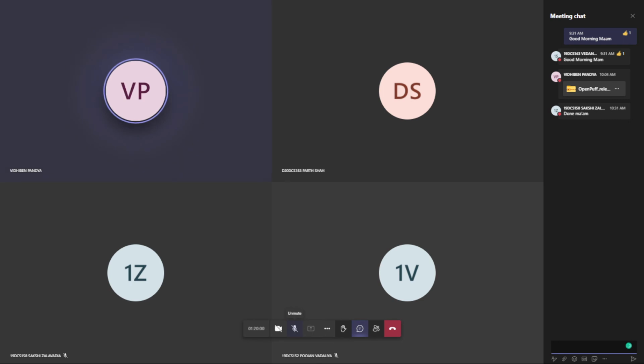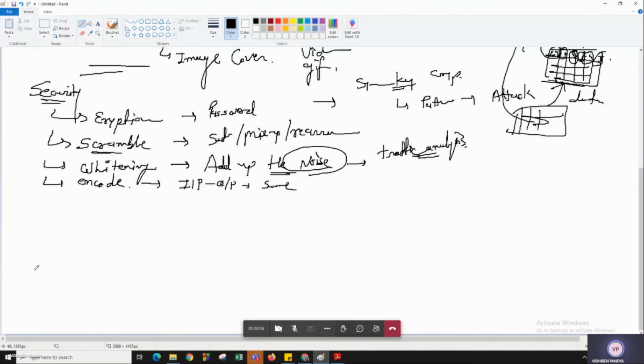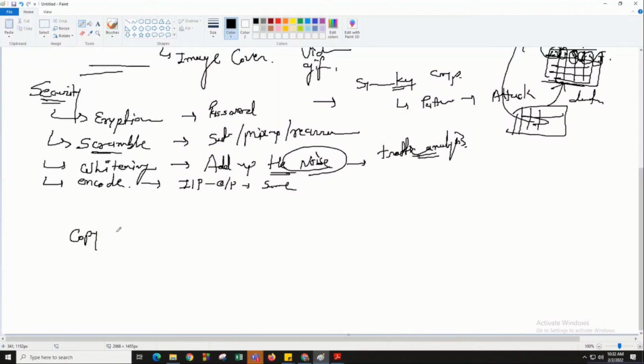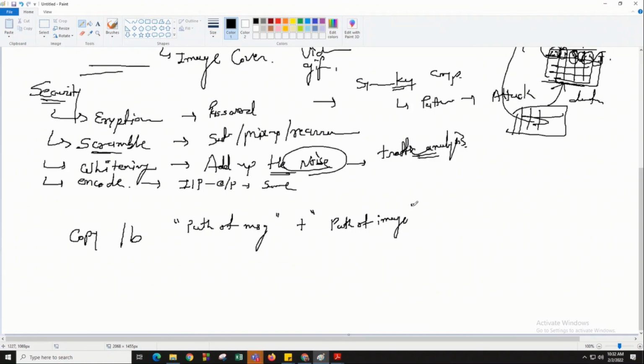Hello ma'am, please show again which command you wrote for copy. Oh, yes. So for copy, the command was: you need to write copy, then combine over here the path of the message plus over here the path of your image file, then one space, and then you need to write the path of the destination image with the image name.